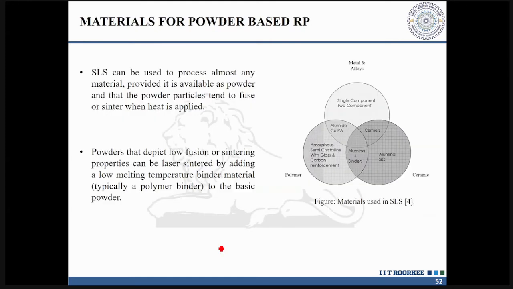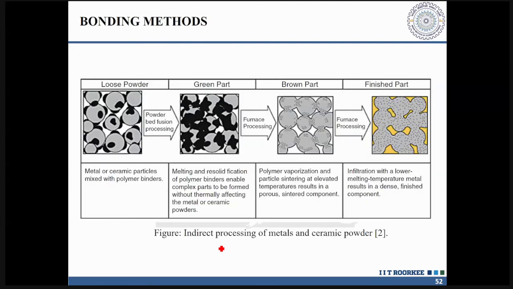So there are numerous materials that you can use, starting from metals, from ceramics to even polymers, even a combination of these particular materials, you can do the selective laser sintering. So it can be pure component metals, or it can be metals amalgamated with certain ceramics, ceramides, or metals amalgamated with certain polymers, alumide. Fine. So these are all the materials that are there.